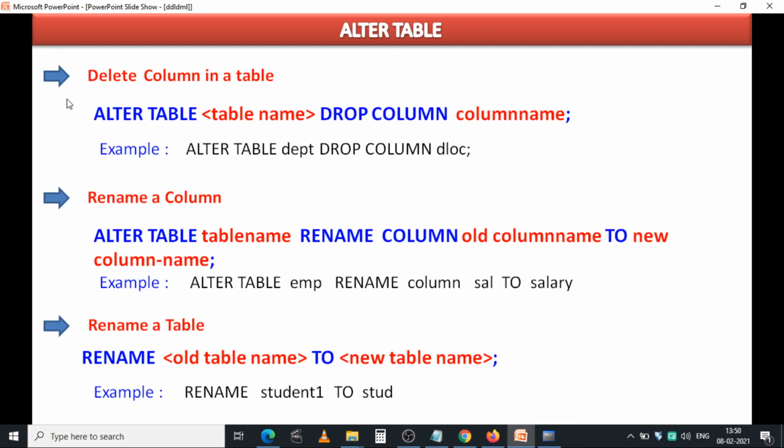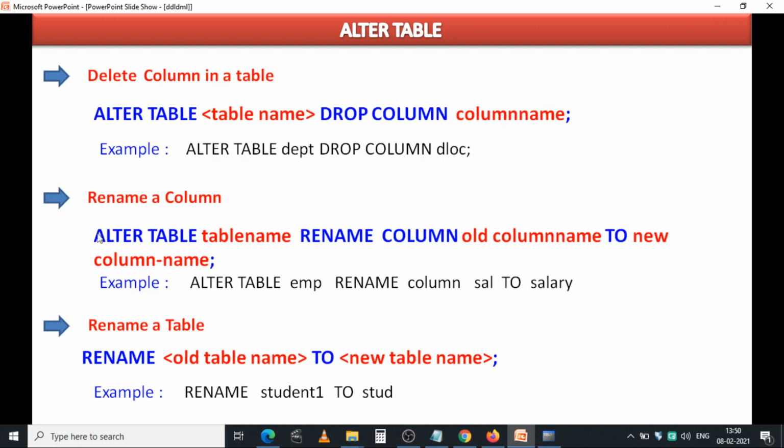I want to drop the DLOC column from the department table here. That's why we write this example like this: alter table DEPT drop column DLOCATION.